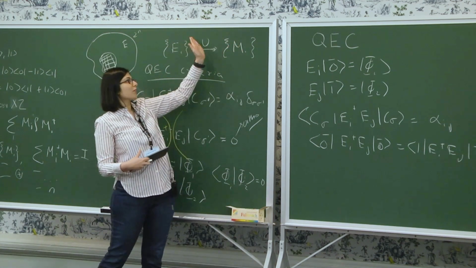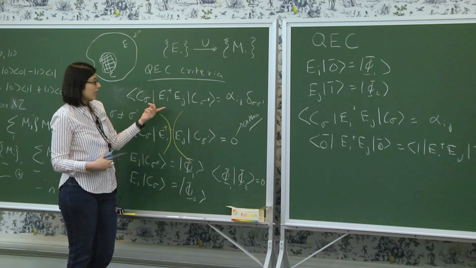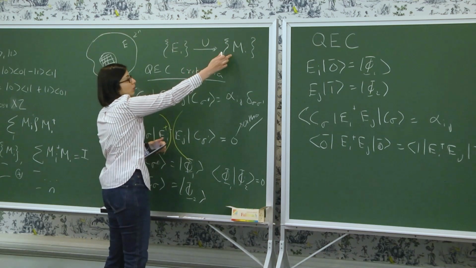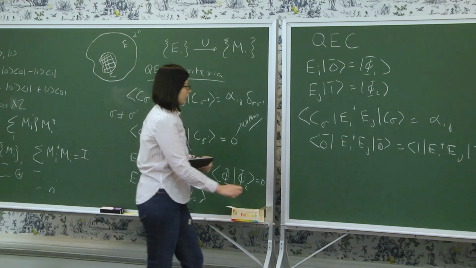And you can always find a unitary transformation such that in terms of the new MIs, this condition actually becomes